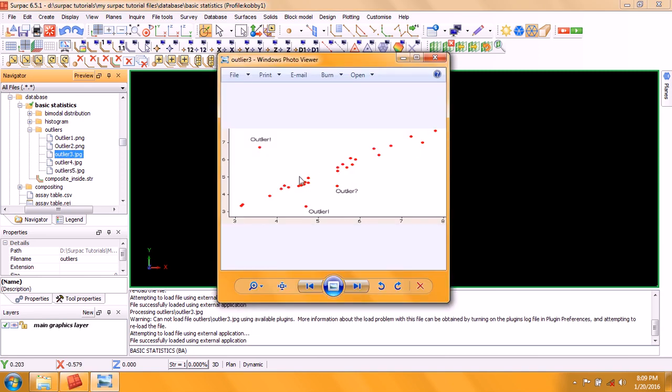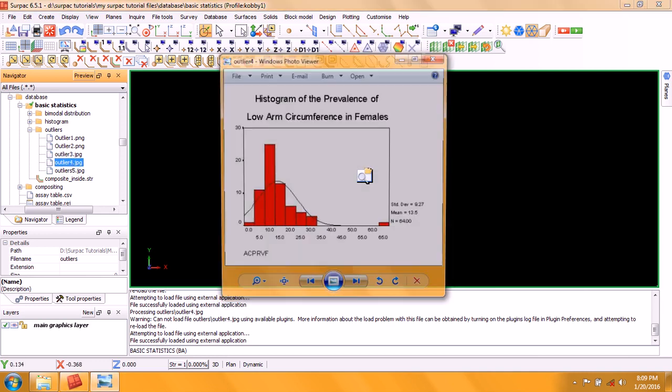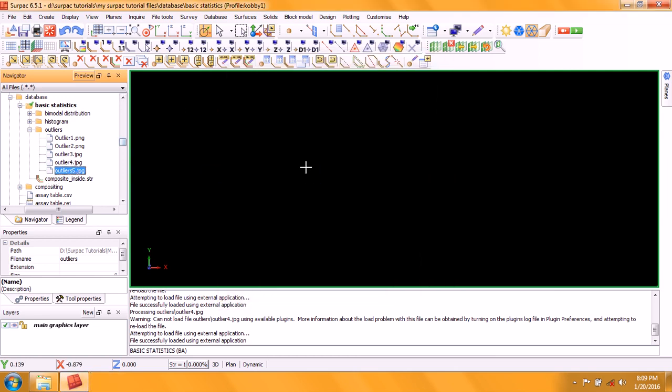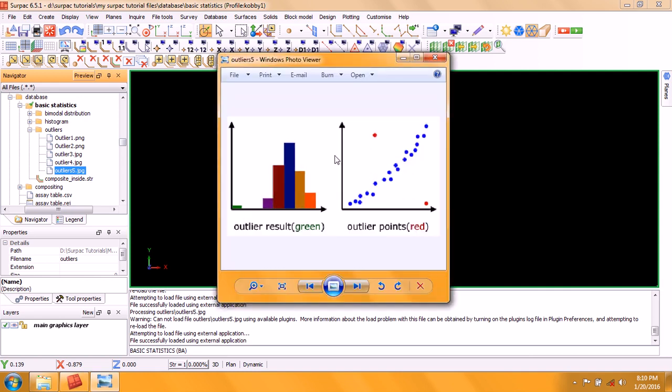With regards to the scatter diagram, you notice that outliers are falling way beyond the rest of the data set. Okay, this is also an outlier. And we have a histogram and a scatter diagram here. The green one here is indicated as an outlier and the red for the scatter diagram here is indicated as